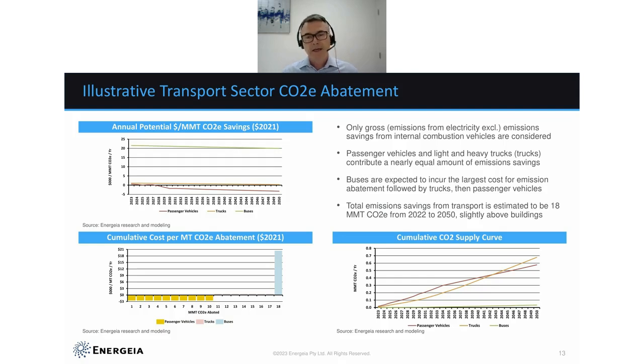Now, interestingly, most jurisdictions are focused on converting their buses. It tends to be a fleet that they have control over because of the contracts for public service. Also, one of the side benefits, which we're not showing here, is that you reduce tailpipe emissions in communities by converting buses. So I think that's one of the key drivers for why that's been a focus, one of them anyway.